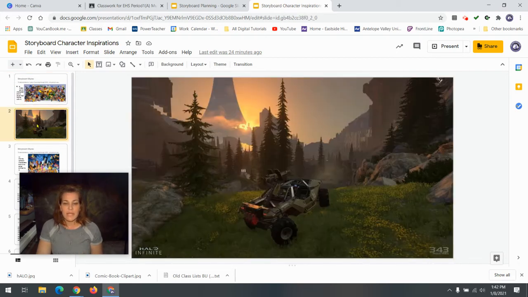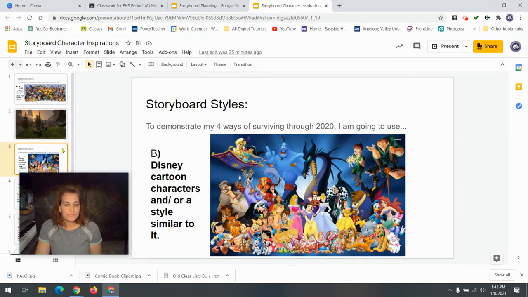We have the very popular game of Halo. And as you can see, it's very realistic kind of graphic. So you could use a very similar style, and make sure that you keep in mind that you are going to be using the characters from the game. So you will find images of those characters, plus also background scenes that do not include characters that you can use to put those characters into to place them in a way that tells your story. So keep that in mind as we're going through these. So A is video game.